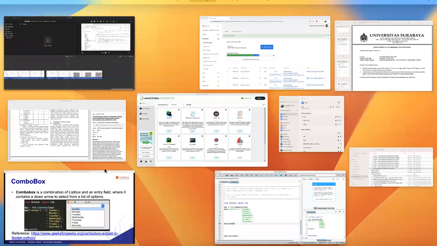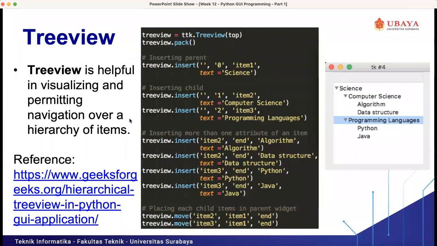Okay, so the next one is the tree view. Actually, tree view is more complex than the previous widgets that we have tried. The tree view is like a toggle list, a list with submenus inside our list. For example, science: we put science as the top tree.